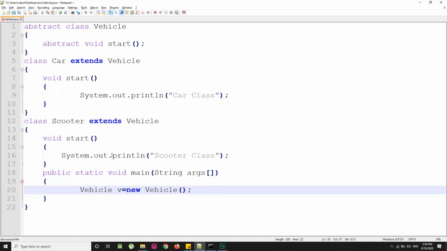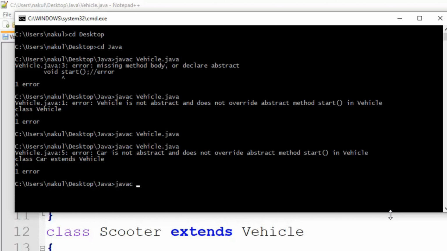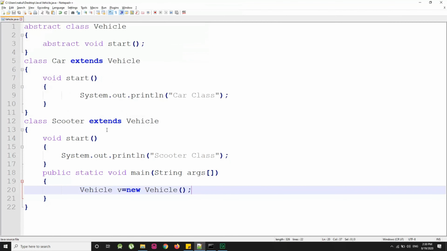Then I save my program and open the command prompt, in which I compile this program by javac Vehicle.java and see this. Vehicle is abstract and cannot be instantiated. That means we cannot create an object of an abstract class.